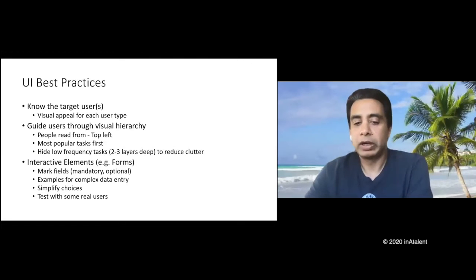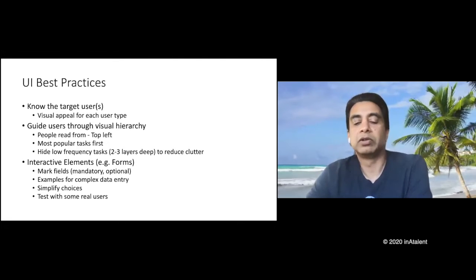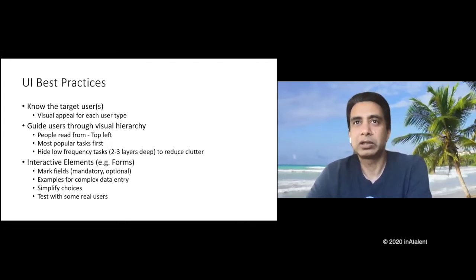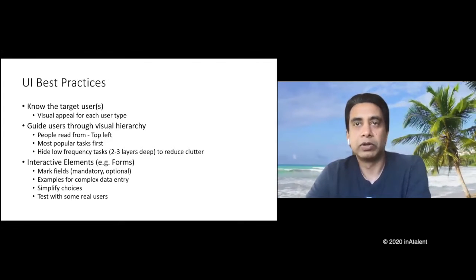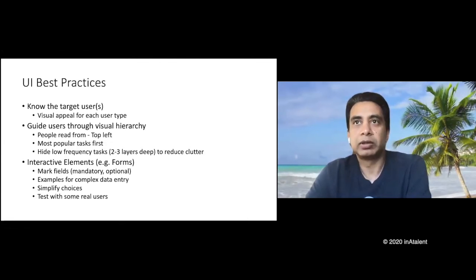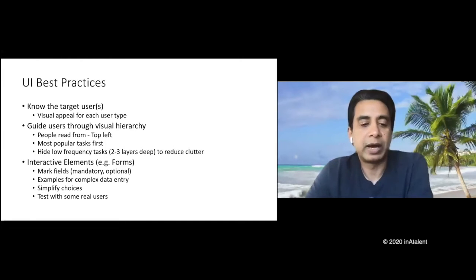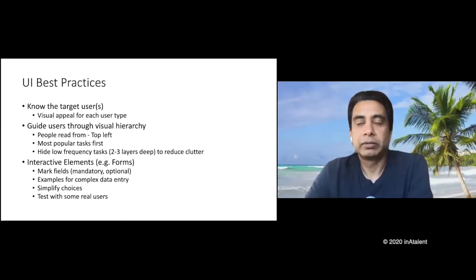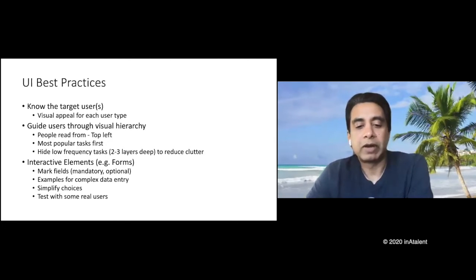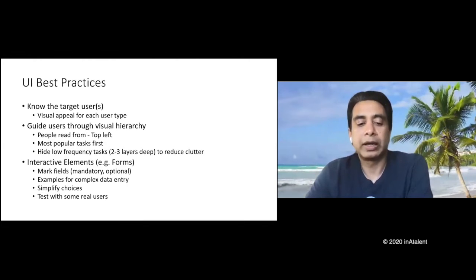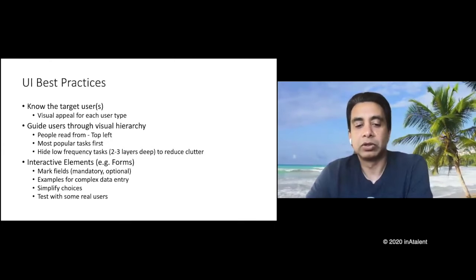And when you have a form ready that you have designed, just make sure you test it with some real users. Even if it's a paper test, it's not an actual UI or with software behind it. So the way I do the testing is I start with a paper design test before software developers put it in HTML or CSS format. And then just the UI test, so the layout and color schemes and things like that are good. And then finally, the UI and the backend all connected to make sure the data entry and the error checking and all of that is good. So you can imagine there's so much testing going on before you finalize a form.